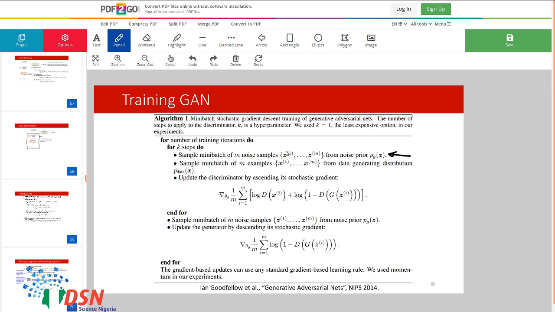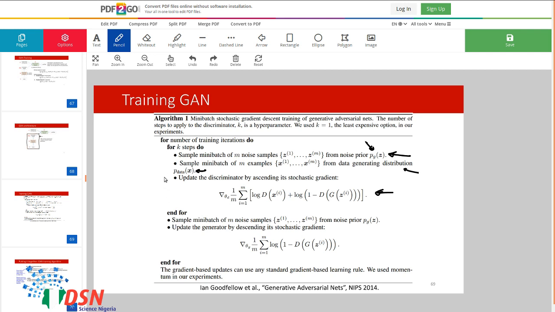We call it Z1 to Zm, with the prior, which is probably a simple prior like Gaussian distribution or other simple priors. And after that we also sample a mini batch from the training data, which are from the data distribution.